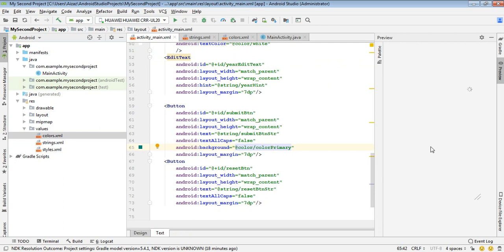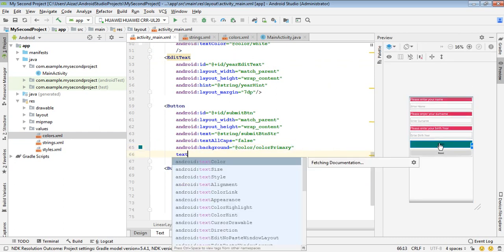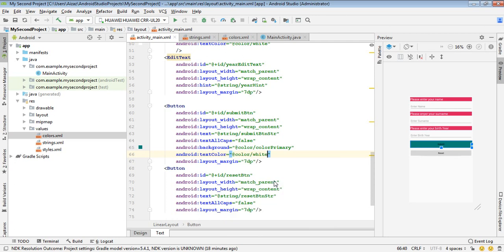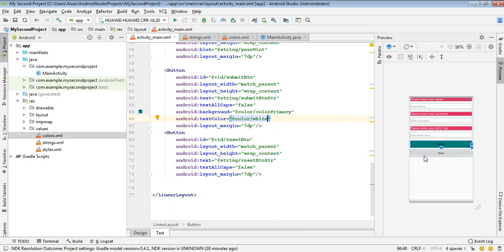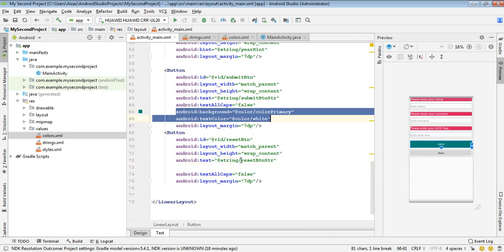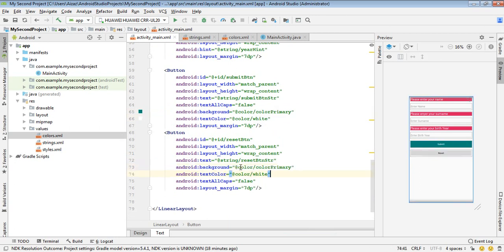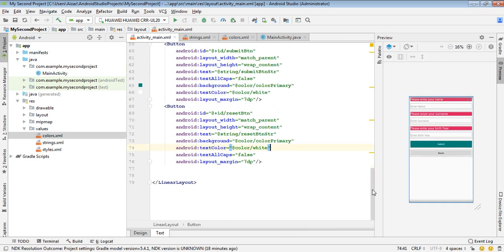So I changed the background color for the button, and I can also change the text color because on this background color we can't see clearly what is written here. So I can convert it into white, and I can also change the background color and text color for reset. For this I can copy these two lines from here and paste them here, and after this I need one more text view